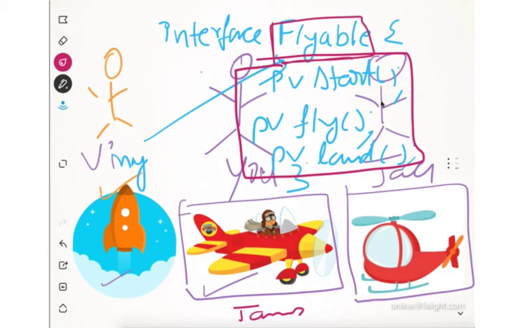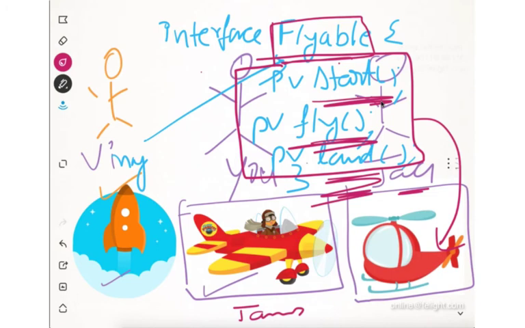Then your program will also not compile unless you give an implementation for all the methods present in the Flyable interface. And again, Jack, who is working on helicopter, class helicopter implements Flyable. Now his program will not compile unless the start method is defined, the fly method is defined, and the land method is defined. Only when you define everything will his class compile.